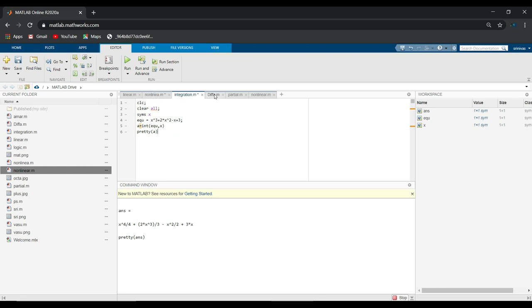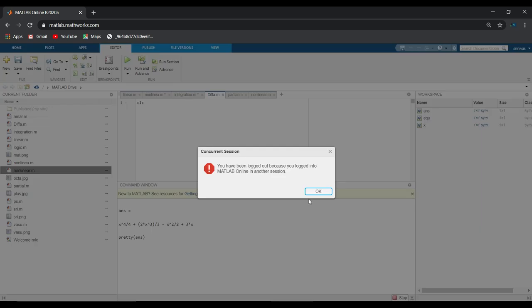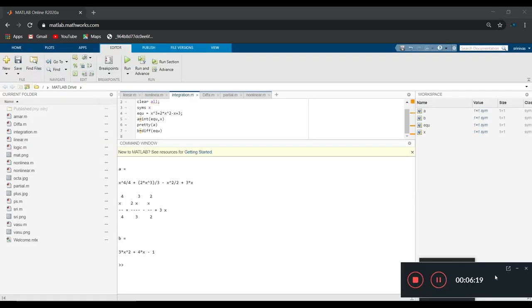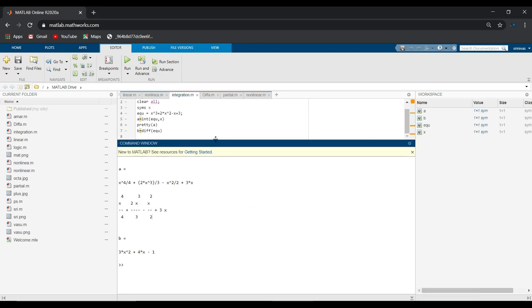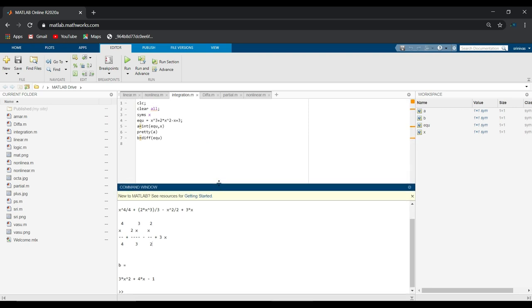Now, let's look at differentiation. If you see here, I am performing both integration and differentiation operations within this command itself. I am going to take this equation and use the diff operation. For the integration part, whenever you use the pretty function, the equation looks so beautiful, right? In this way you are going to use it. Now I am going to write b is equal to diff of equation. The equation is this one, so it has to be differentiated and give the result.